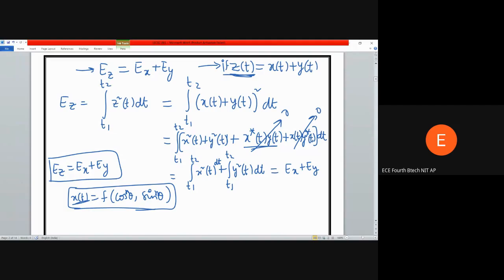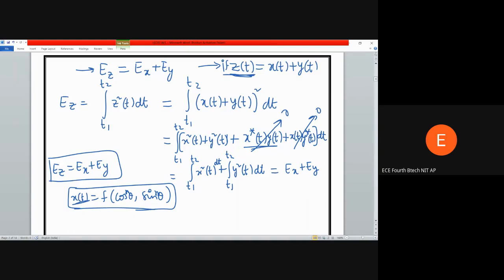Suppose I consider the xyz coordinate system, then you will not find any vector that is perpendicular to x, y, and z. The same is the case in cylindrical coordinates, rho, phi, and z, and even with spherical coordinates, r, theta, phi. Those three unit vectors form the complete set. Likewise, when you try to represent the signal x of t in terms of cos